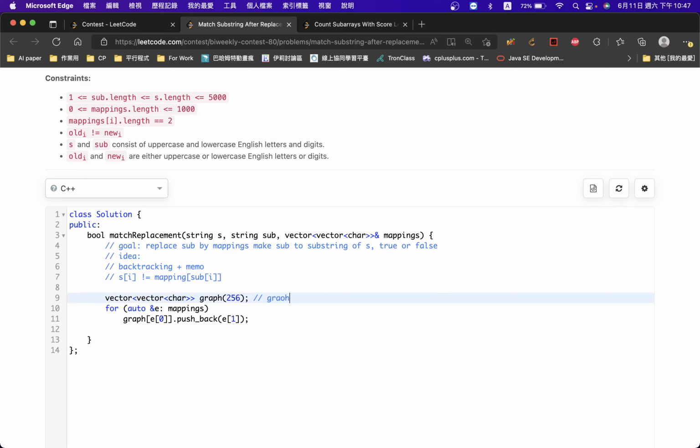The graph of a node is at most a certain size, right? But I want to use a set to speed up the search. So what is the idea? Insert for each character. For each character, we want to try to find about